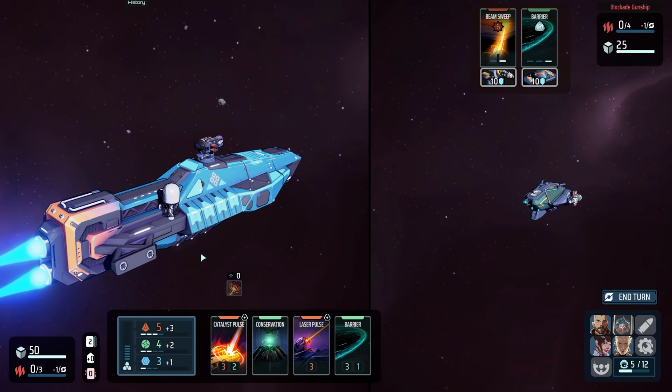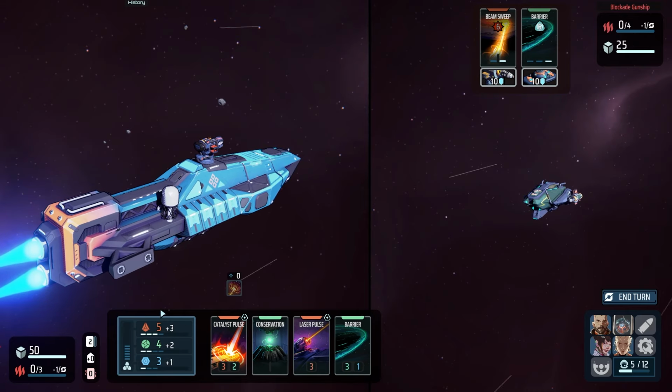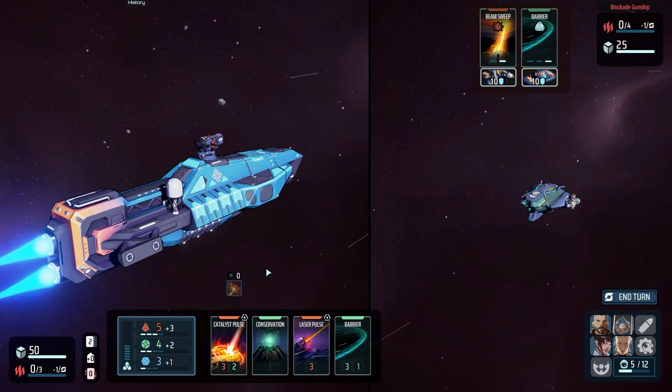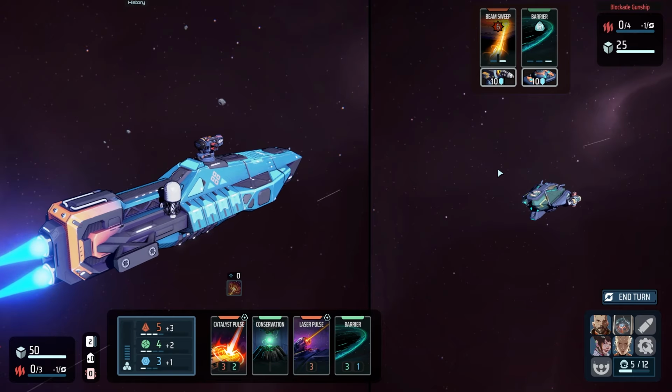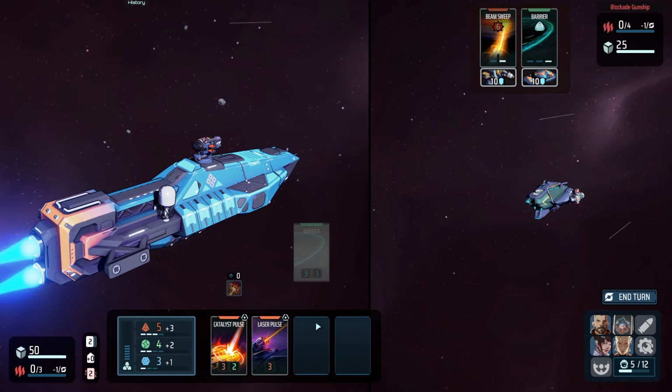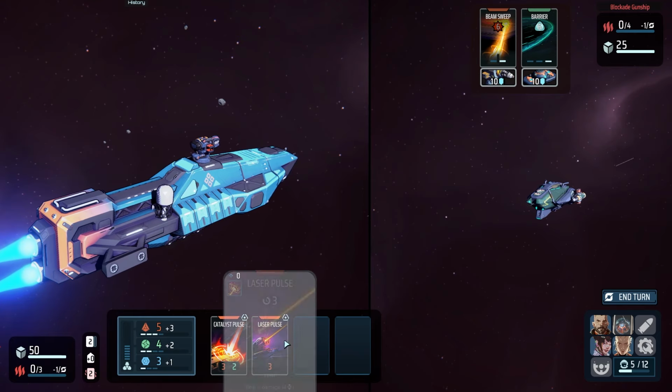And this would cost 6. I only have 5 of the resource, so first of all I need more resource, and then my 6 damage, plus 1 from this bonus would be 7, so that's not enough. So what I'm going to do is discard 2 cards from my hand by right-clicking, in the hopes of drawing